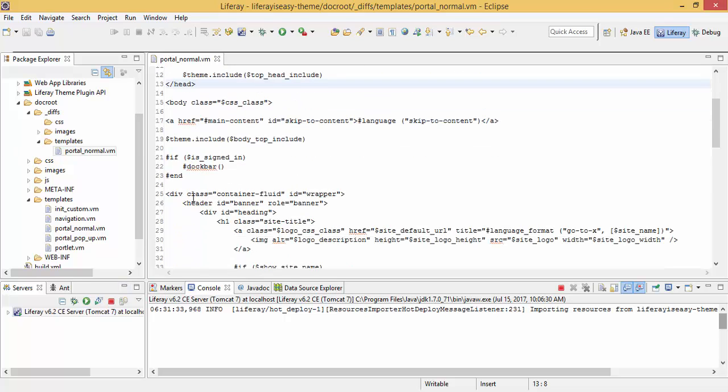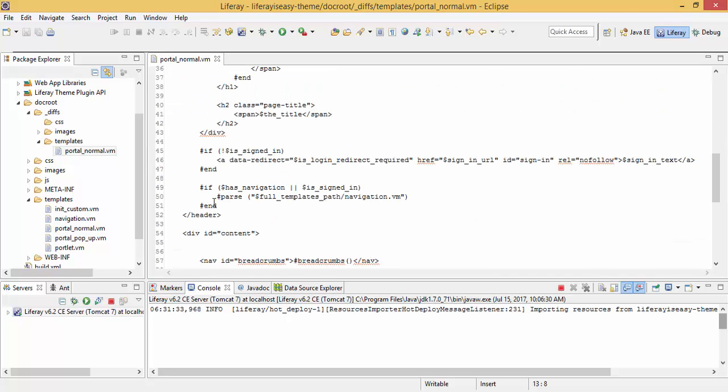Like this, I want to use the user ID inside the content, like user dot get user ID, and that's it.